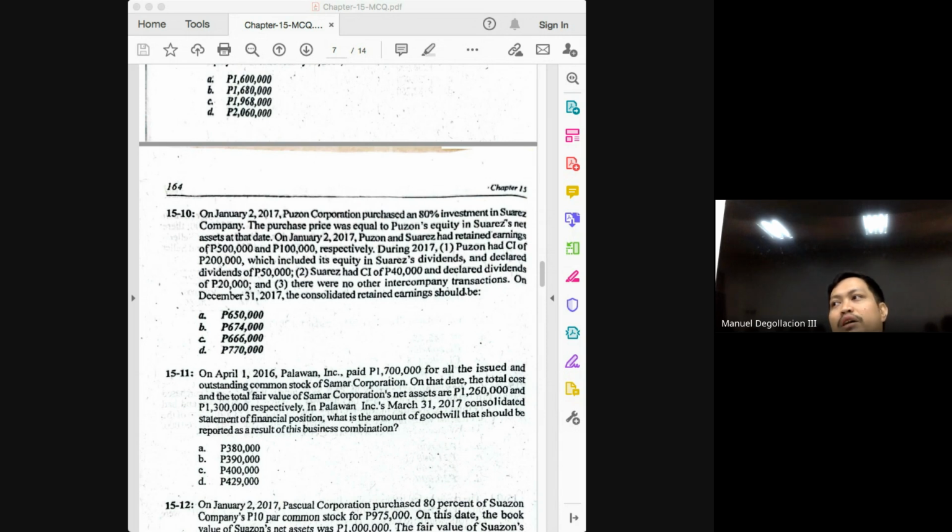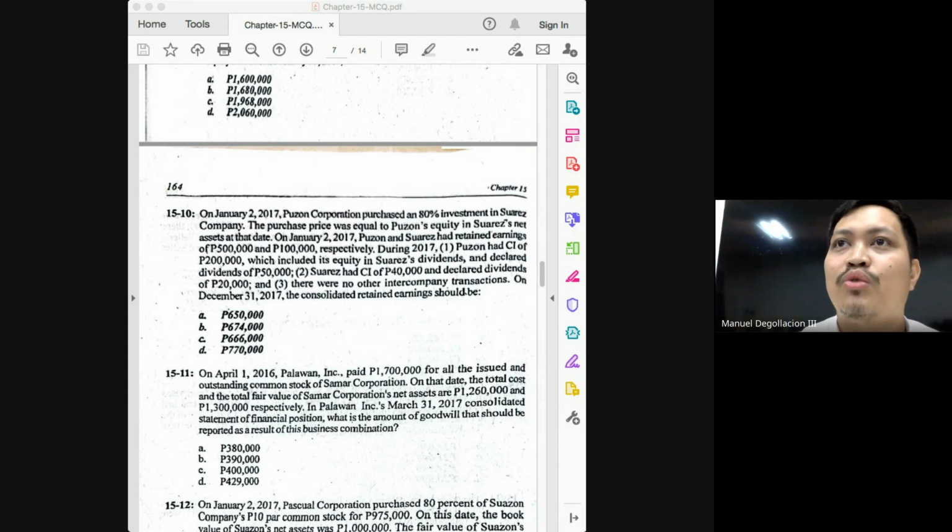Now, how much again is the undistributed earnings? 20. How much is the share of the parent in the undistributed earnings? 80%. How much is 80% of your 20? 16. And that will be the difference between the RE of the parent and the RE of the consolidated entity. But again, class, I don't want you to get confused. The 16 that we are saying, the difference here, is not the dividend income, class. Do you follow? Where did we get the dividend income?